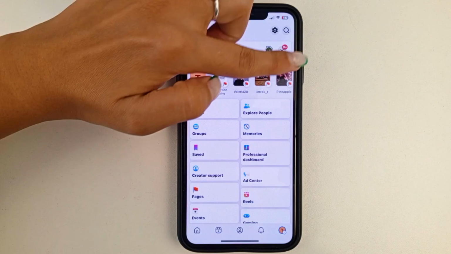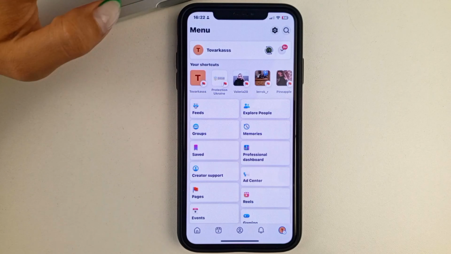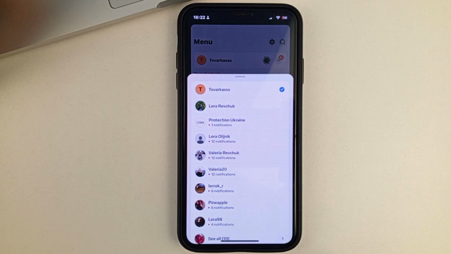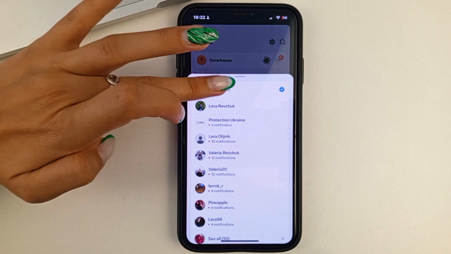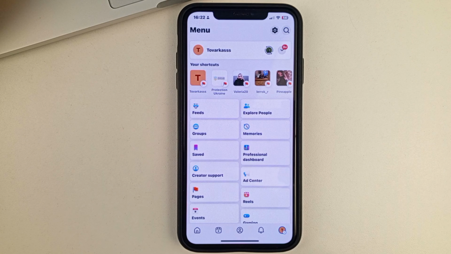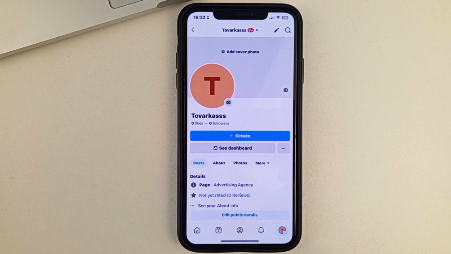And when you get to a page like this on the right here, click on this button. And you'll see all of your pages and accounts. And this is where you select the page that you want. Once you click on that, so that you can add any contact button that you want, go to the page itself.